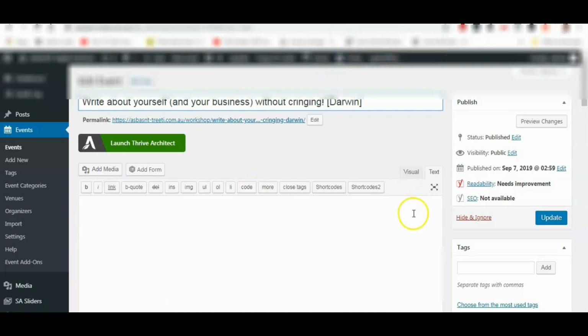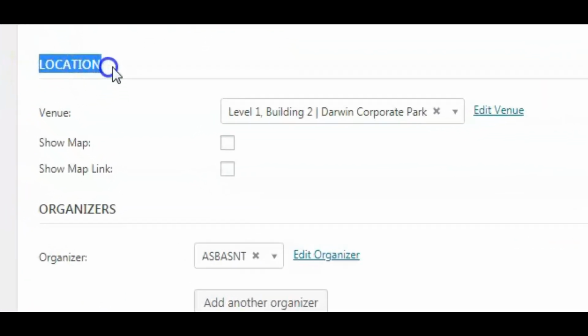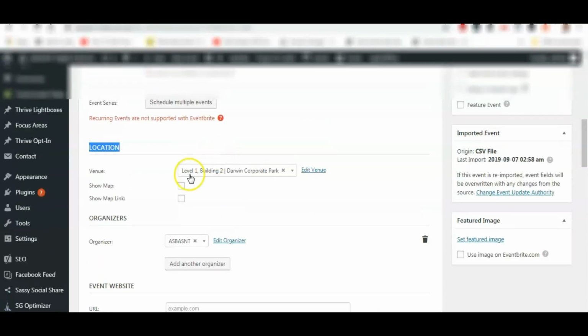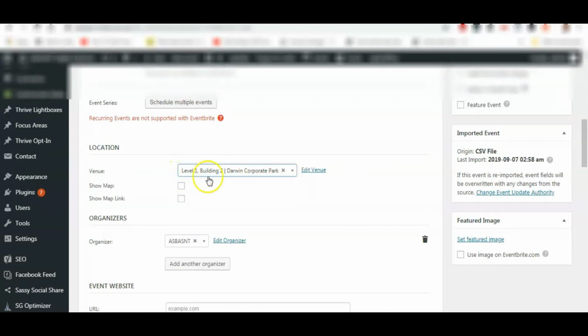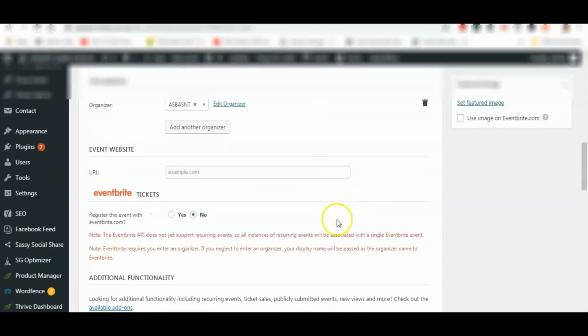So here it is. Now, as you can see here, I have the location information already. I put in there the venue. So this is an event. So it is telling us that the event was held or will be done in this venue, as you can see here. So this venue information. So I put location information in here as well as organizers. I just fixed it manually, and then we will